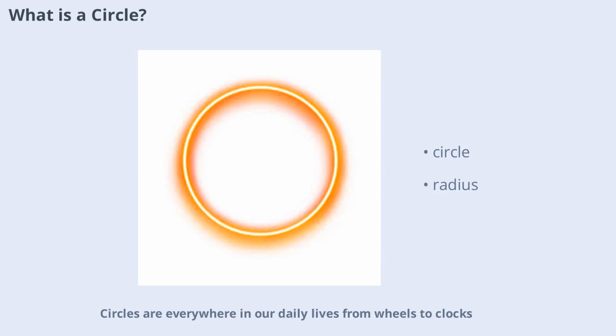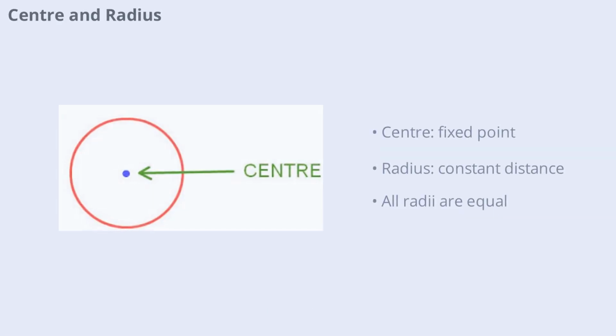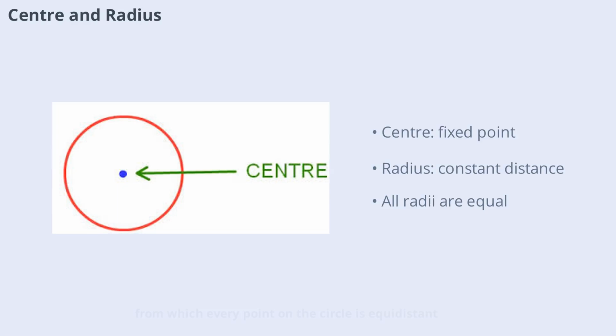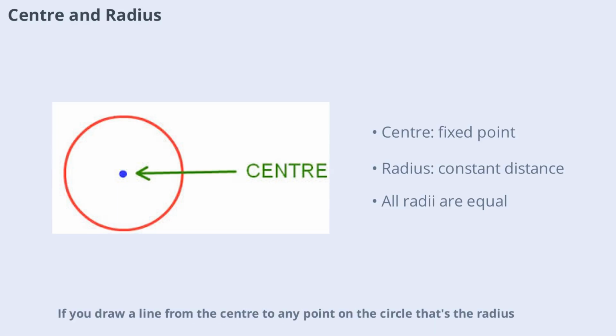Circles are everywhere in our daily lives, from wheels to clocks, and understanding their properties is essential for exploring more advanced geometric concepts. The center of a circle is the fixed point from which every point on the circle is equidistant. The radius is this constant distance. If you draw a line from the center to any point on the circle, that's the radius. This simple relationship forms the foundation for all other properties of circles. Whether you're measuring the size of a pizza or the orbit of a planet, the concept of the center and